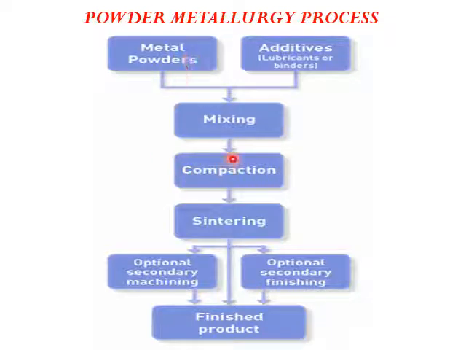Next, when it comes to compacting, compacting is done to compress whatever the particles. This will give a desired shape depending upon the mold which we are going to use, so the shape as well as the compactness, how much bonding it is going to have. The shape is decided by the die which we are going to use to compact that.